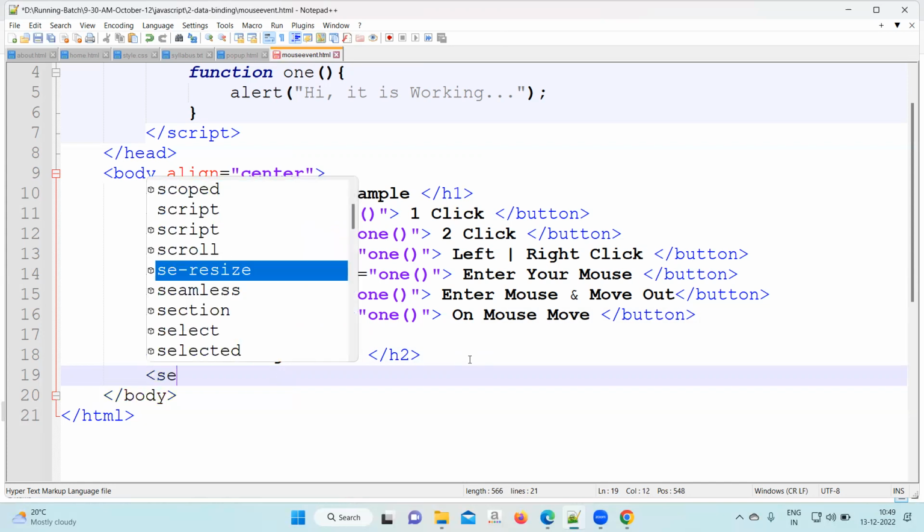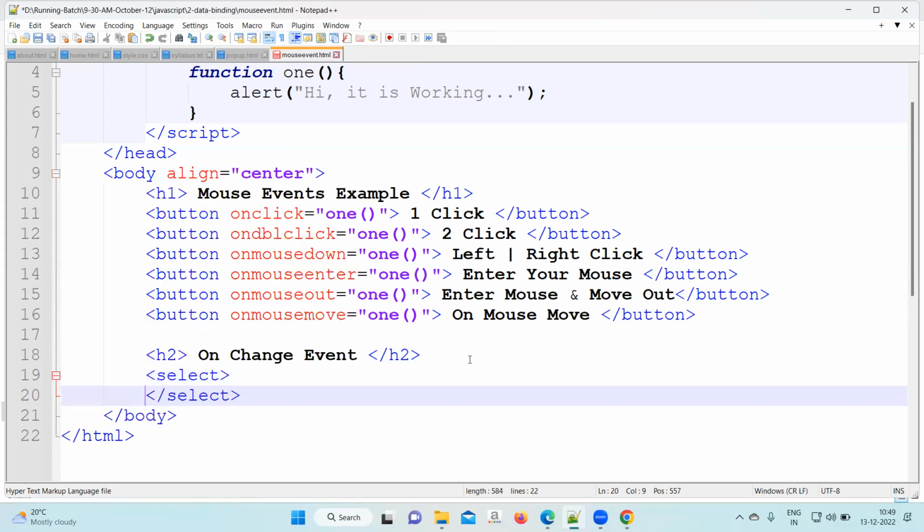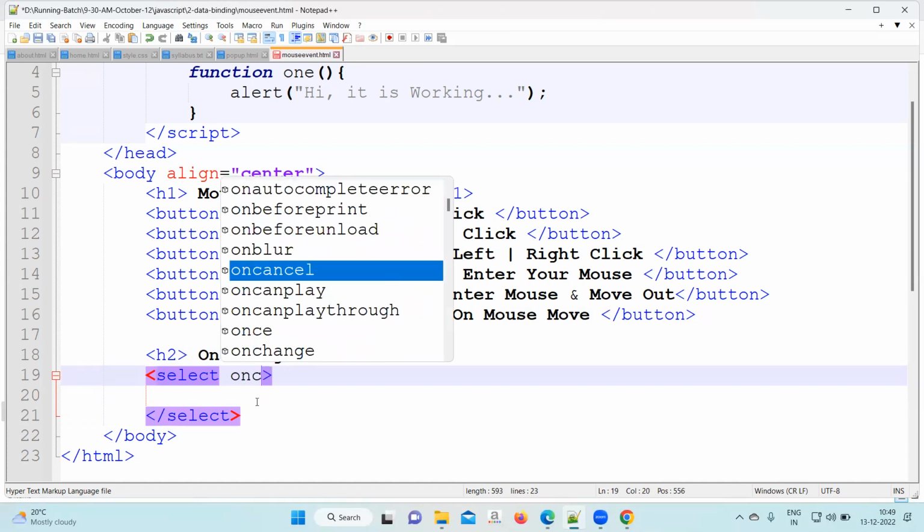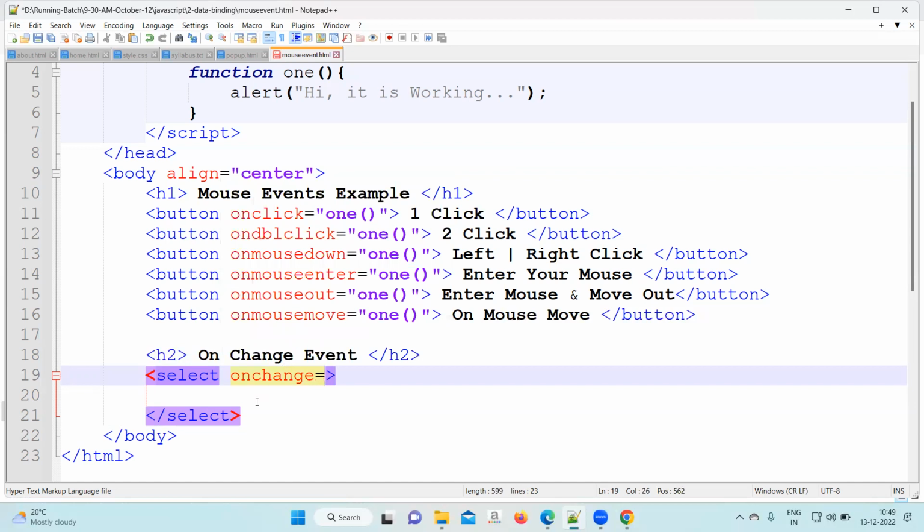Open the select and close the select. Inside the select, you will write on change equal to